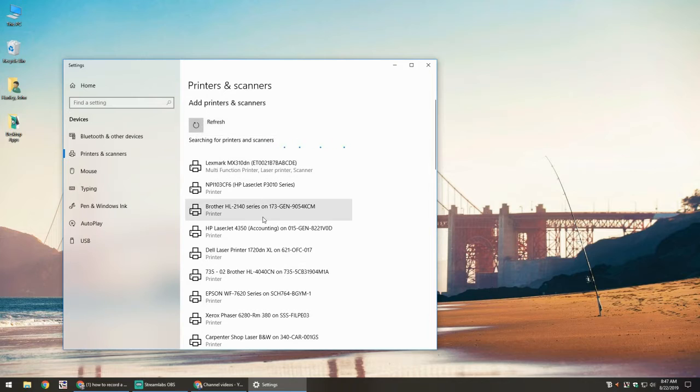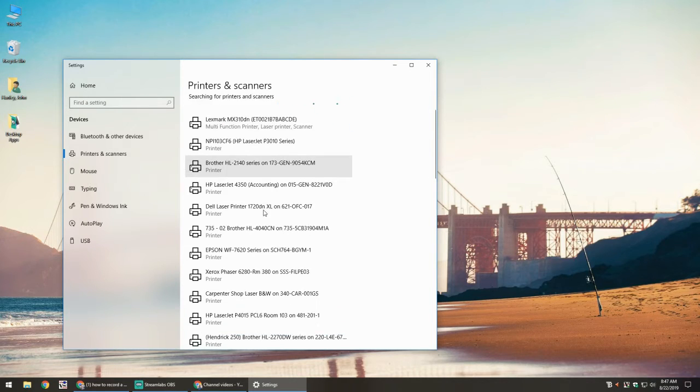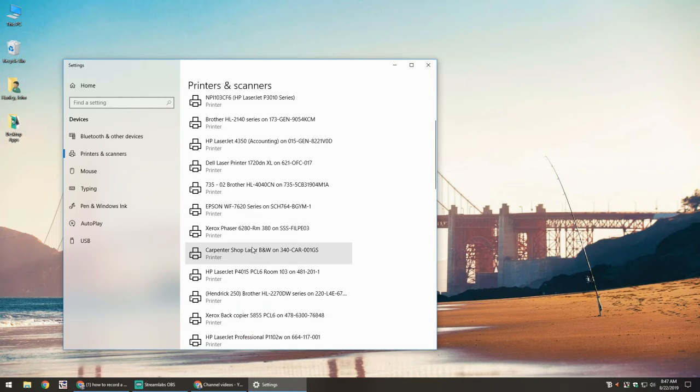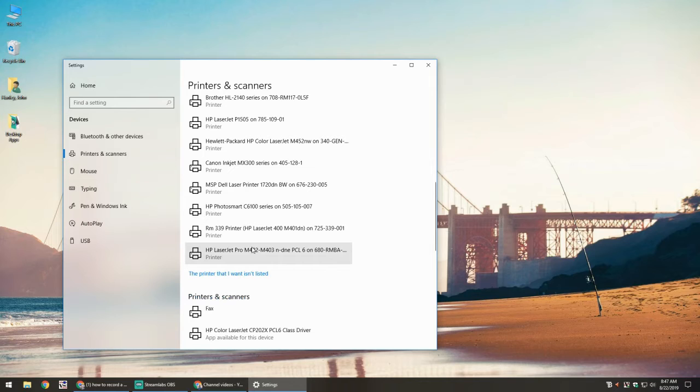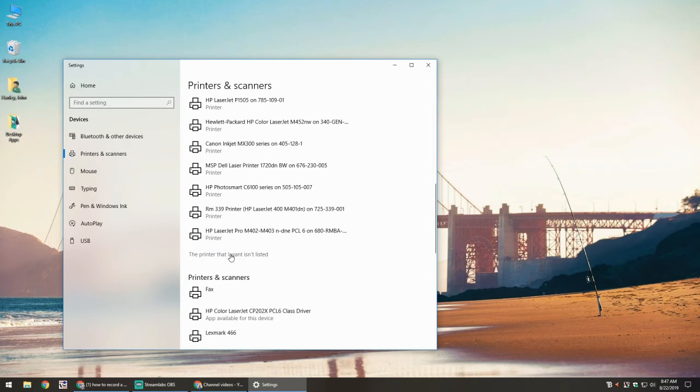Now Windows will search the network for all the printers that you have on your network at your school. You'll see printers here, the Brother, the LaserJet, and they're named a certain way. If you can find the printer that you are trying to install, you can click on it. But there'll be so many printers, it will be hard to find the one that you're looking for. So it's best to come down to "The printer that I want isn't listed" and click on that link, and